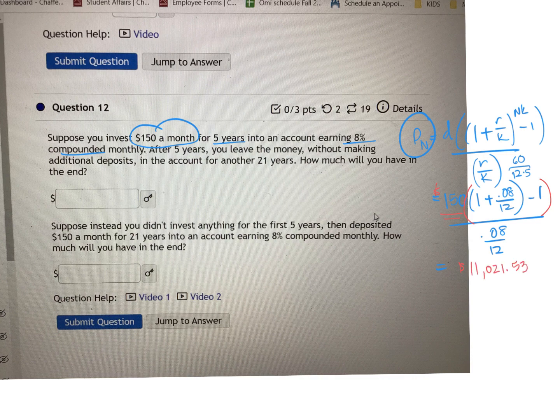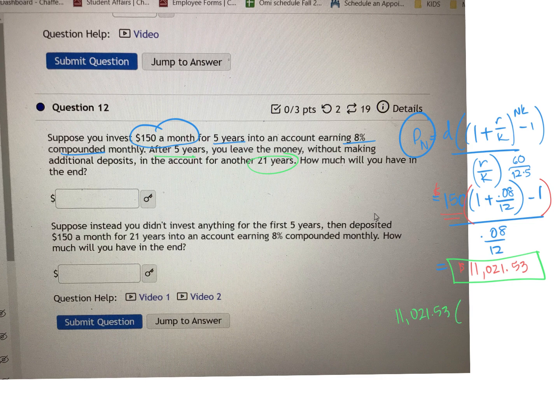$11,021.53. And so now what's really going to happen is, after those 5 years, we're just going to leave the money. So it's like turning into a lump sum deposit, and we're not making any more deposits and leaving it for 21 years. So it's really a compounding interest problem now. So we're going to take that